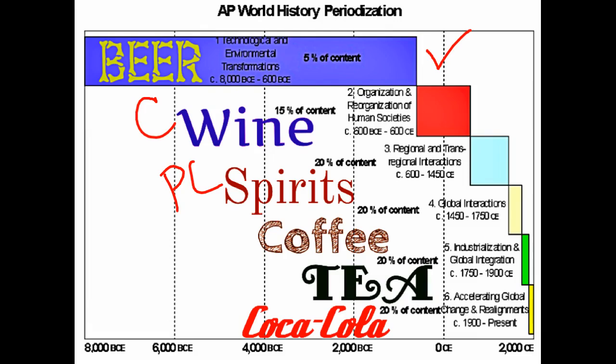Now we're getting into a new type of drug, and that's caffeine. And caffeine is a part of all coffee, tea, and Coke. In coffee, this is what we consider to be the early modern period, and the early modern period goes from 1450 to 1750. It's a period that is a boiling point for a lot of historians. It's coming out of the Black Plague in Europe. It's entering into the revolutions that we'll see in the next period, which we classify as the modern period, and the modern period goes from about 1750 to 1900.